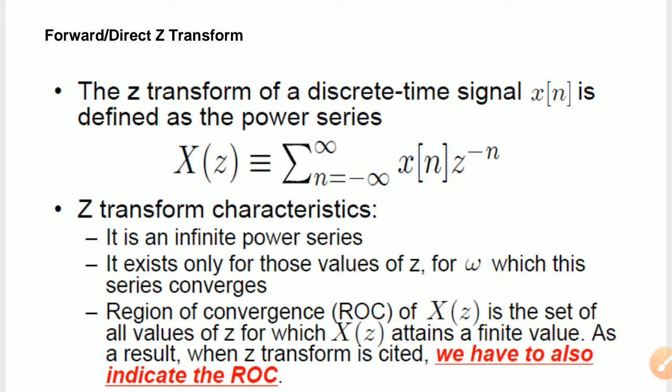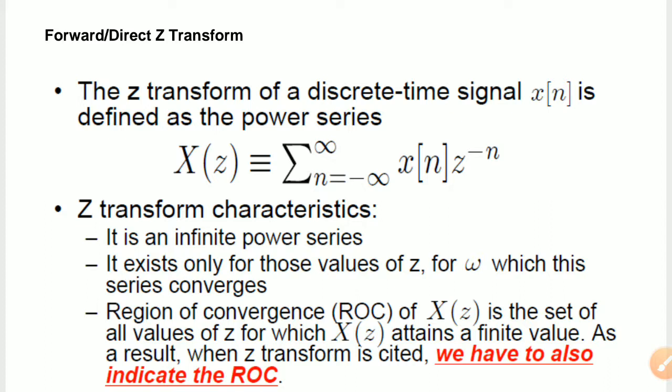We will discuss it later on when we solve these problems for the Z transform. We will learn this technique, that is, what is ROC, or region of convergence. The basic definition is given. So what is ROC? ROC is nothing but the region of convergence of X of z, which is the set of all values of z for which X of z attains a finite value. So these are the set of values of z for which X of z attains a finite value.